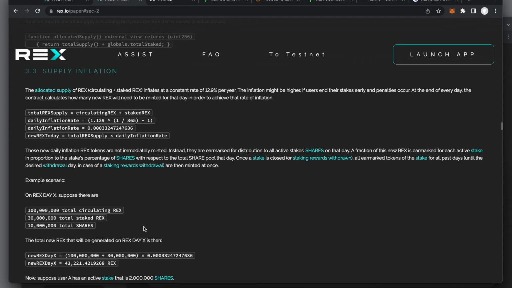The inflation might be higher if users end their stakes early and penalties occur. At the end of every day, the contract calculates how many new REX will need to be minted for that day in order to achieve that rate of inflation. So then there's the equations. The total REX supply equals the circulating REX plus the staked REX. The daily inflation rate is 1.129 to the power of 1/365, minus 1. The daily inflation rate equals